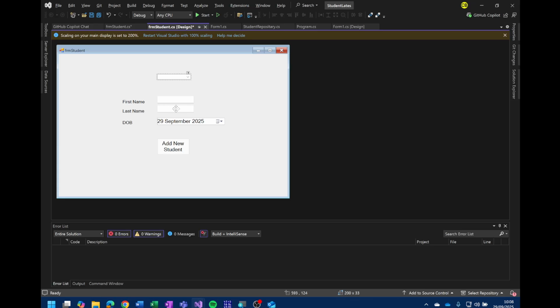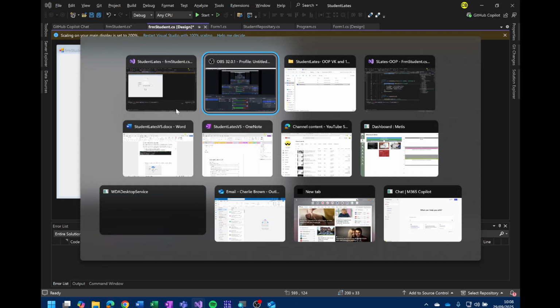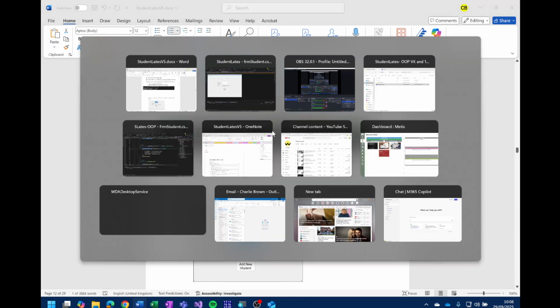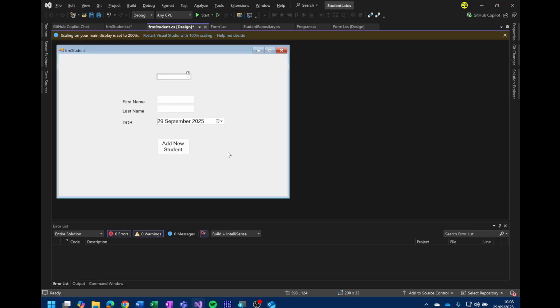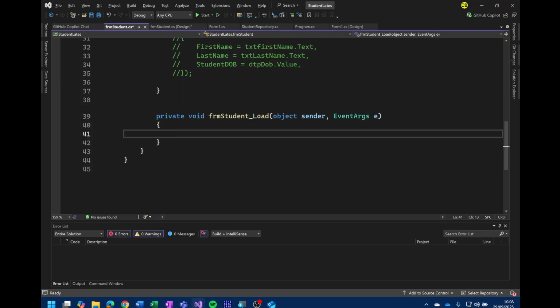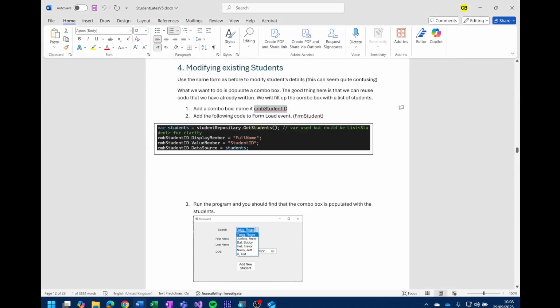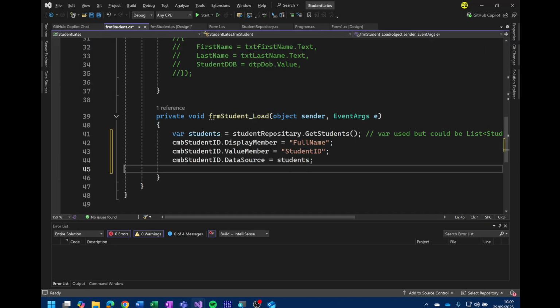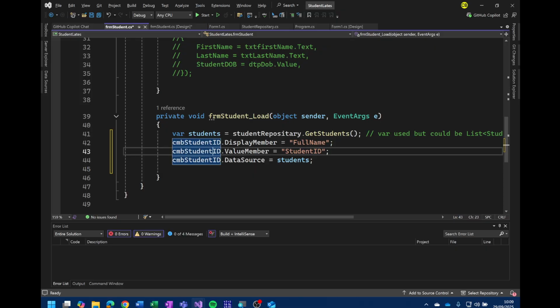Right, so the first thing, let's go back to the notes then. And I'm looking here. So it says now, add a combo box, add the following code to the form load event, FRM student. Right, so we're in FRM student, so double click on the form to bring up the form load event, and then I'm going to add this code here. Now you might think, well, that's not much, is it? You're right, it's not much because we've reused the code that we already did to fill up the list box